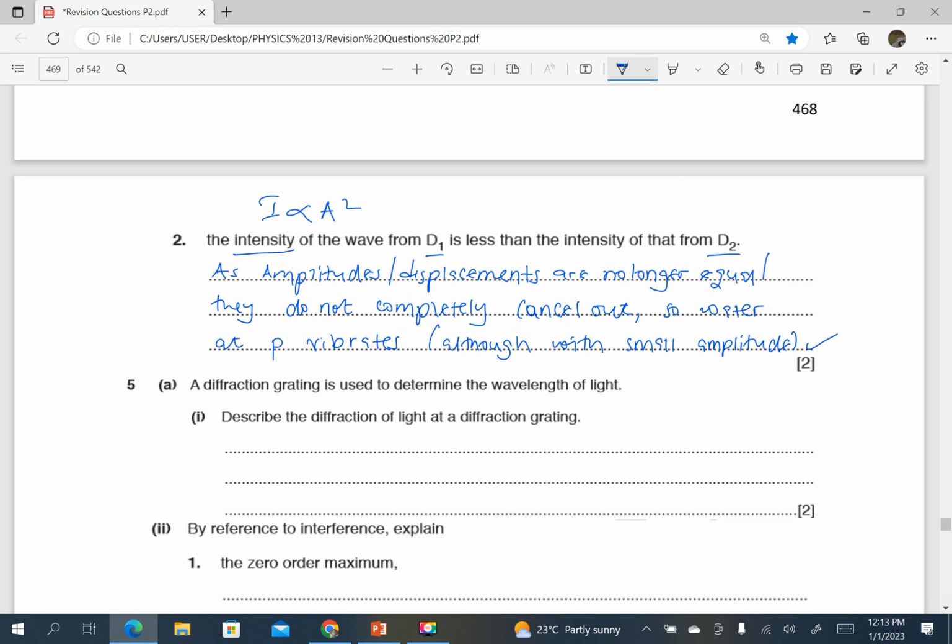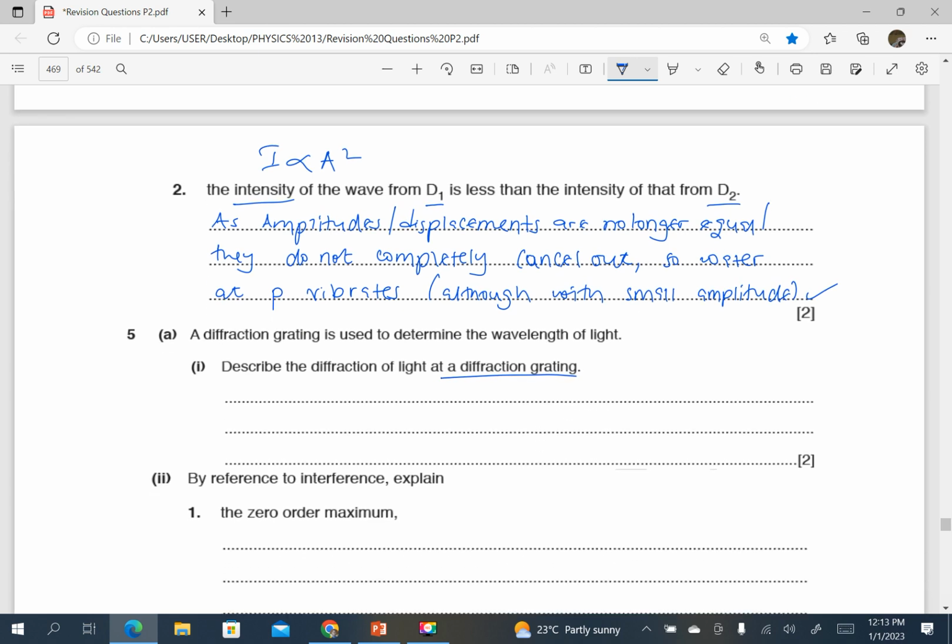A diffraction grating is used to determine the wavelength of light. Describe the diffraction of light at a diffraction grating. Of course, diffraction means the waves at the slits spread into the regions of geometrical shadow. Because the diffraction grating is made up of many slits, the waves